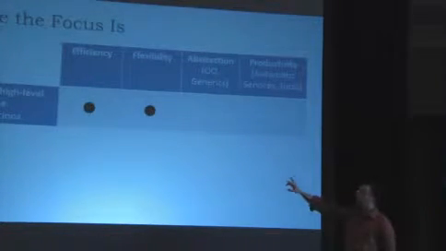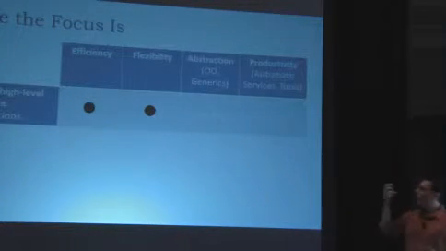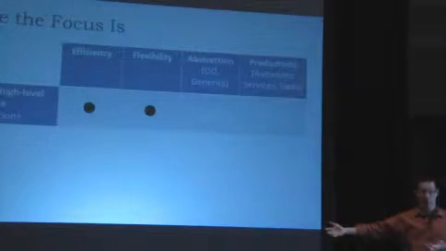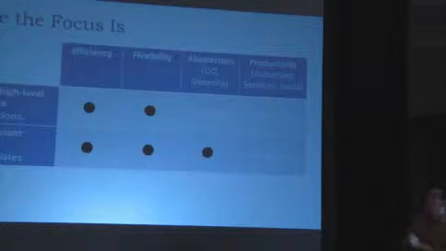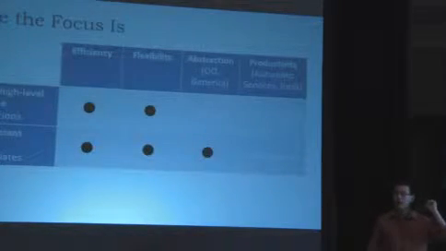C is all about the first two. It did not even try to get strong abstraction, nor did it try to get productivity in the way we think about it today. It was all about efficiency and flexibility and being able to get that in a portable way, which was not possible at the time. What Bjarne did with C++ was he said, we want to double down on that bet. And we want to have our cake and eat it too, because I'll bet you I can show you how you can get classes and generics without overhead. And by goodness, he did it, and that's why we're all here.